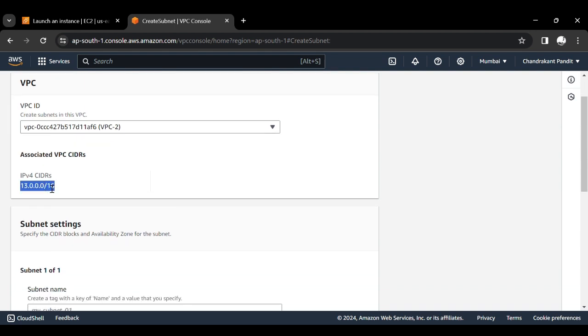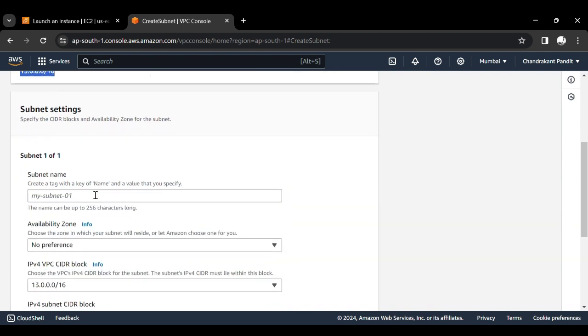This is the IP range we have provided to our VPC2. Then your subnet name, that is subnet VPC2,